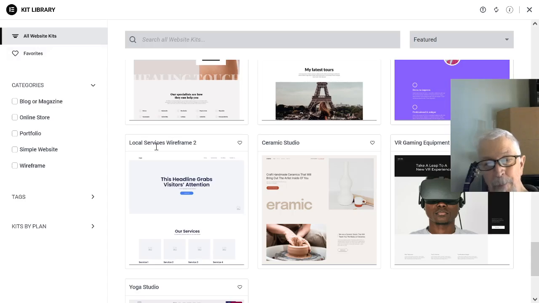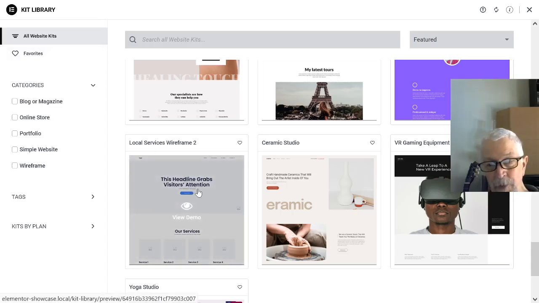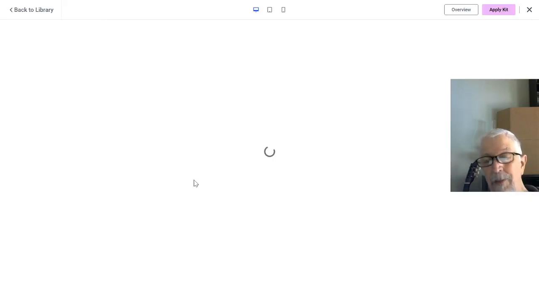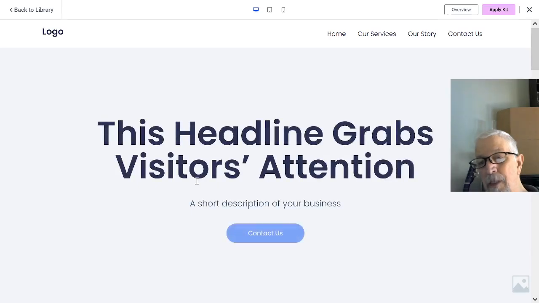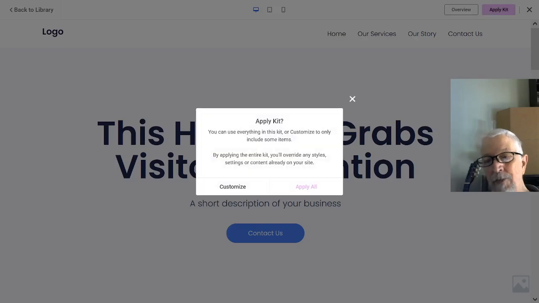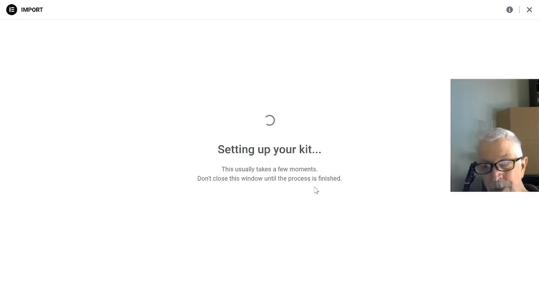And I'm going to pick the Wireframe 2. So I'm going to click on this. Now this is a preview of this layout. And I'm going to click up here where it says Apply this kit. We're going to apply all the parts of the kit,